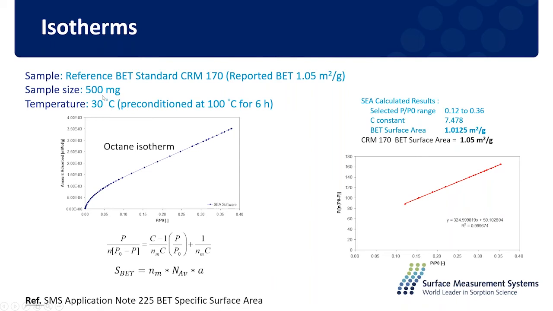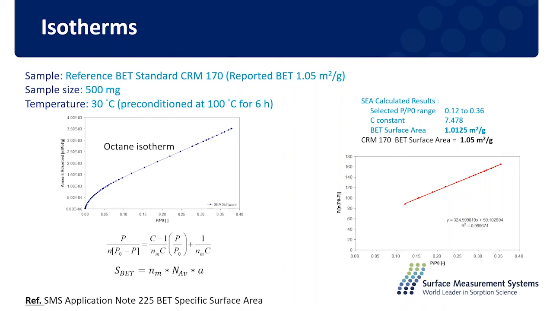Our experimental conditions were then run at 30 degrees C, and we did a range of different octane injections, all the way from high surface coverages, from about 40% surface coverage, all the way down to as low as possible. So as Meishan said before, it's important to find an area on this isotherm where we exhibit very linear behavior. And we selected that between 12% and 36% of surface coverage. We did this because in this zone, we can guarantee that we're going to get a monolayer forming of our